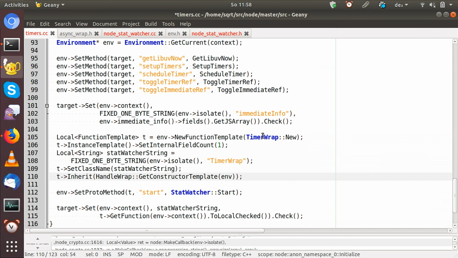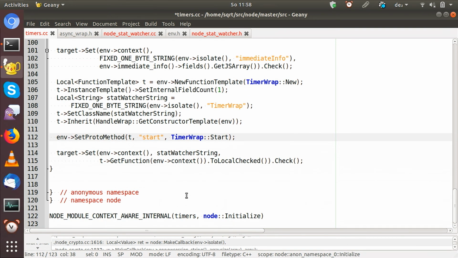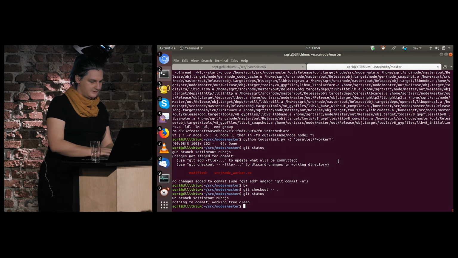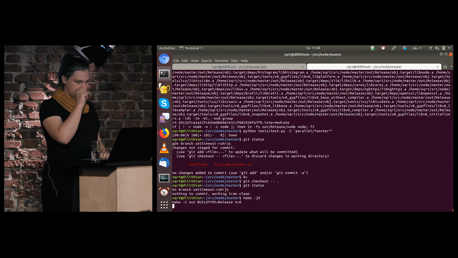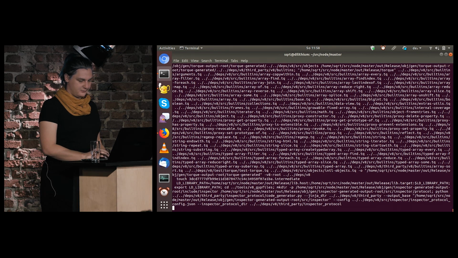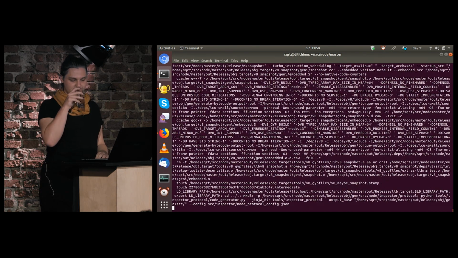OK, so these are the functions that you can use, which are basically timer wrap new and timer wrap start, the ones we wrote in the format that V8 can understand, taking this function callback info thingy as an argument. And OK, so this string naming is inaccurate, but that should be OK. And I'm actually going to see if this works on the first try, which it hasn't done so far, but